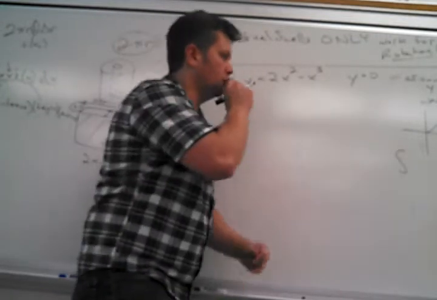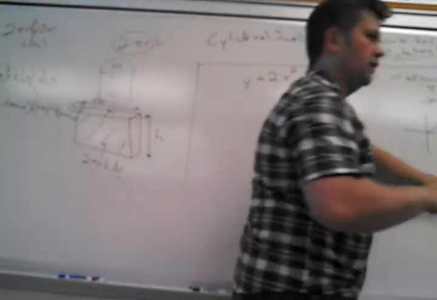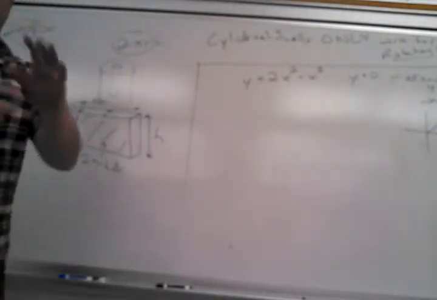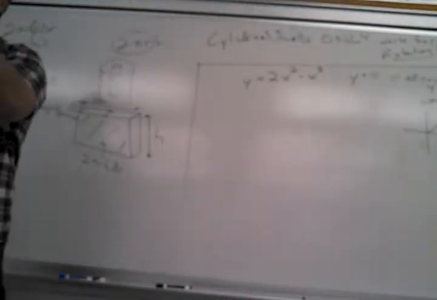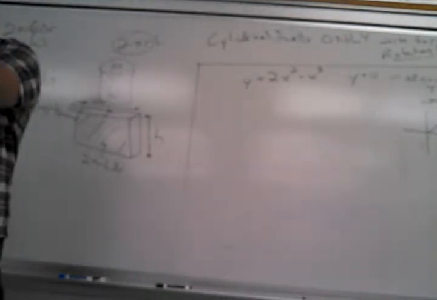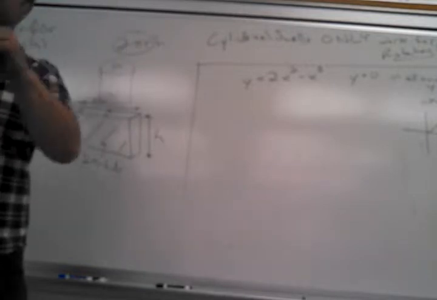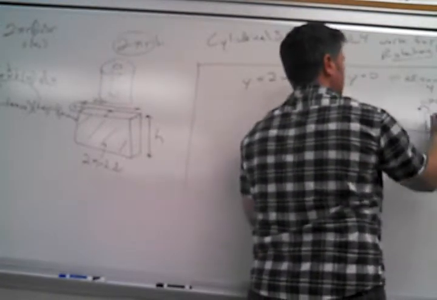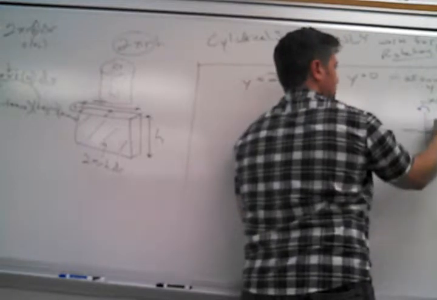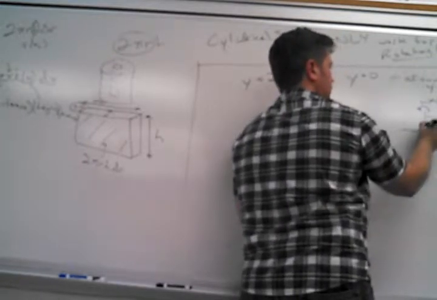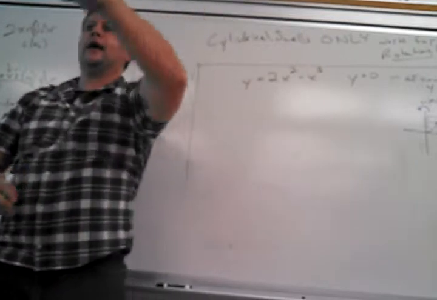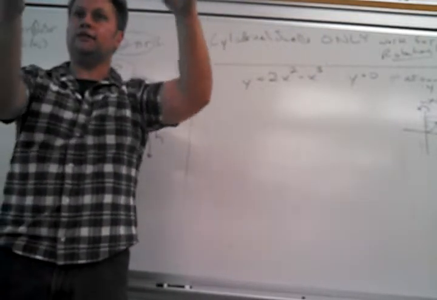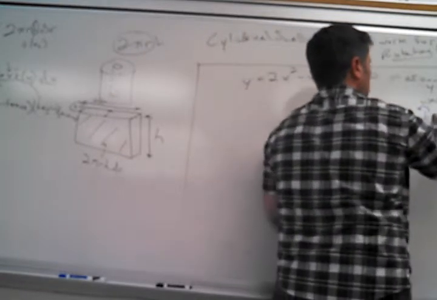And the reason, the one thing that really... There's more than that. But one thing that definitely sucks about this is whatever is true for washers and discs to set it up is the opposite for shells. Because of the way this works. If I want to rotate it around the y-axis, and I'll use washers and discs, I'd have to have an inner radius and an outer radius. Everything would be with respect to y. I'd be moving up and down the y-axis. My radius would keep changing. That's why it would have to be dy. If I want to use this with shells,